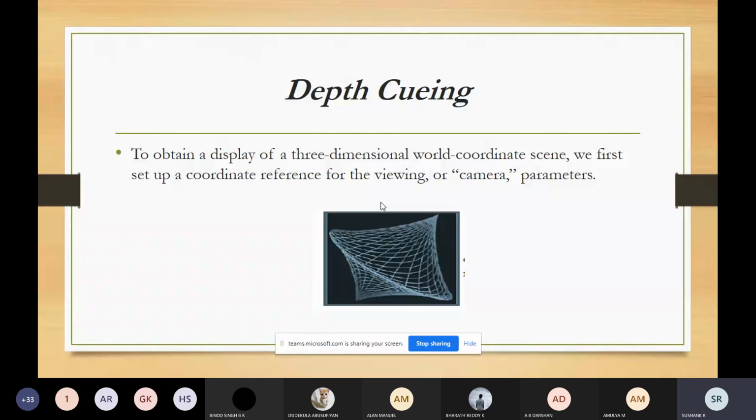By knowing the depth information, you can easily identify the front side and the right side of the pyramid. Otherwise, it will look confusing. That is the usage of depth cueing.